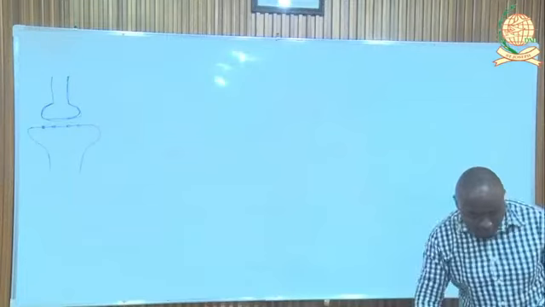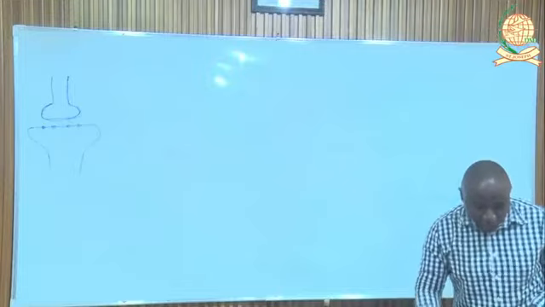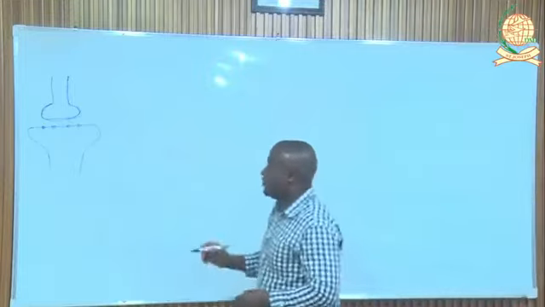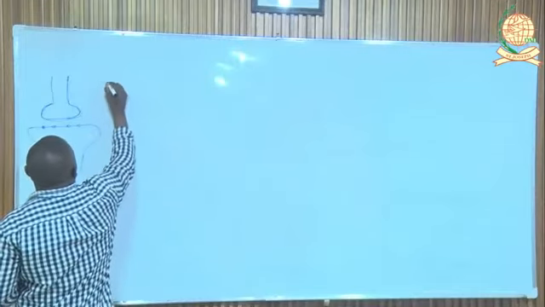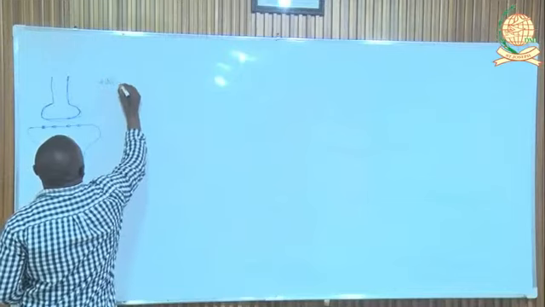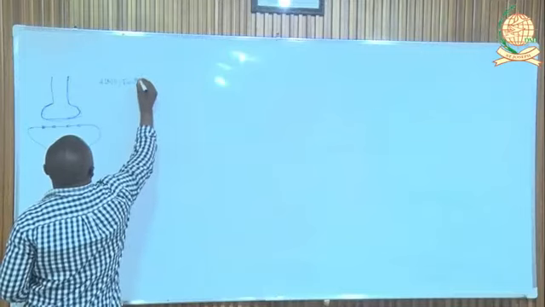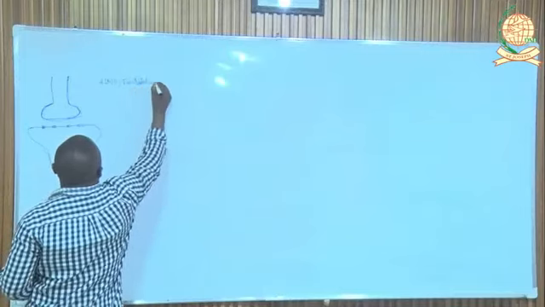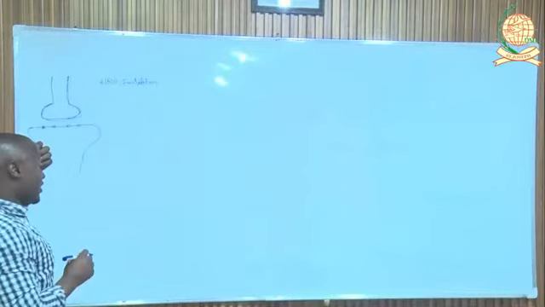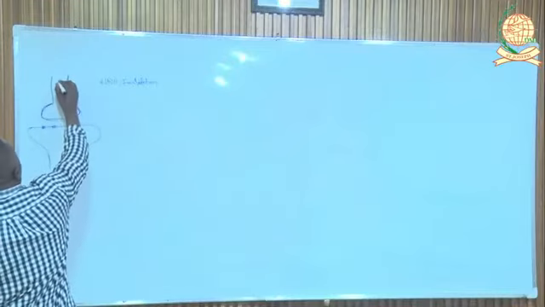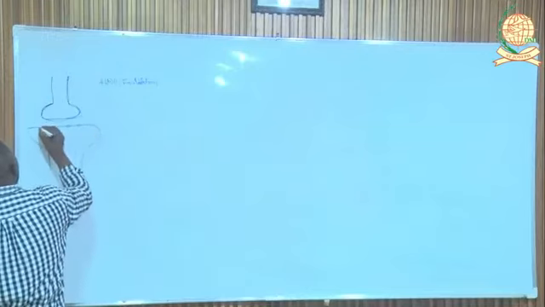The first one is facilitation. How facilitation is achieved at the synapse. This is question number 4b, Roman 1: how facilitation is achieved at the synapse. This is a synapse. The nerve impulse, once it reaches here,